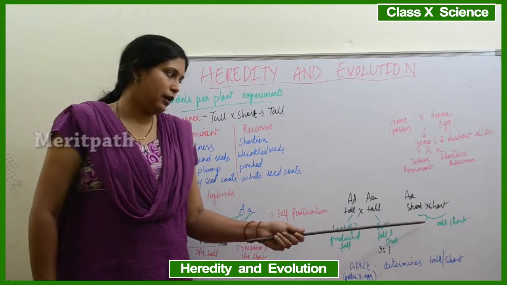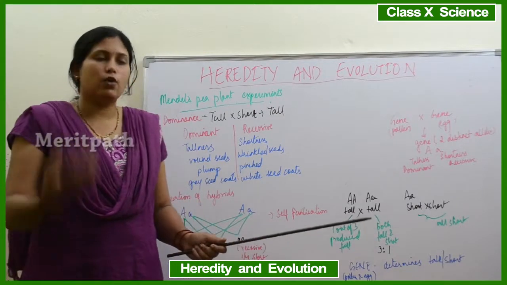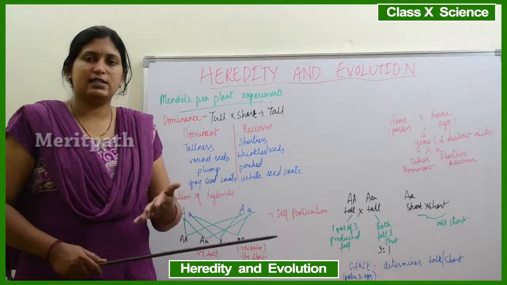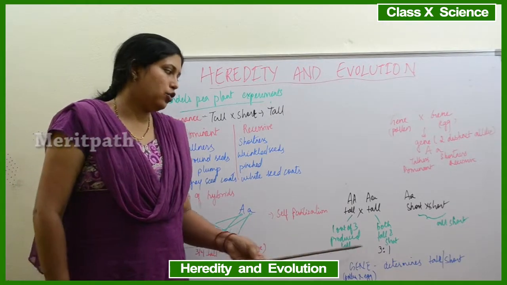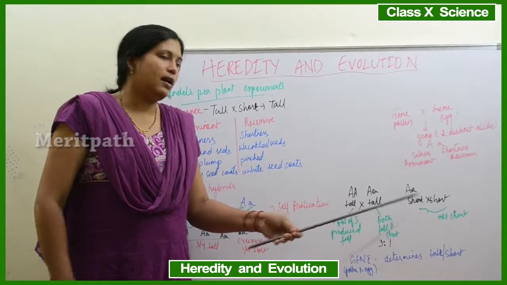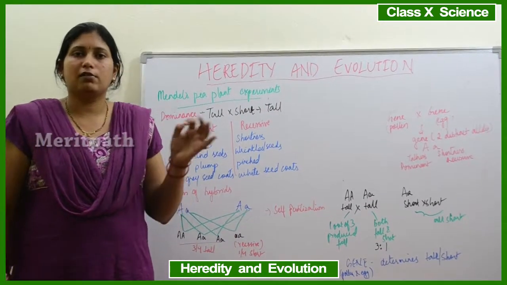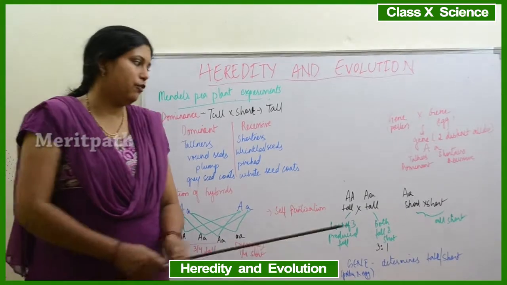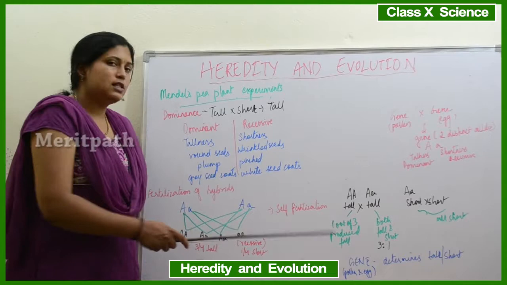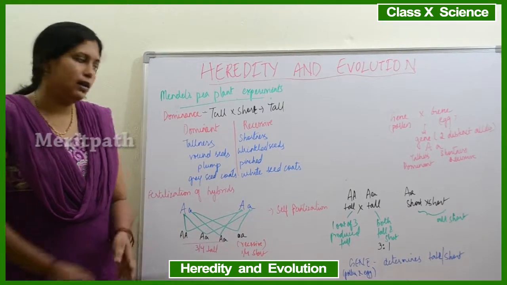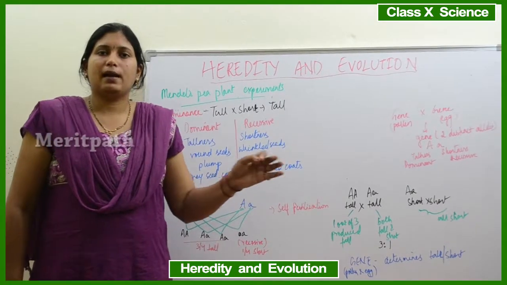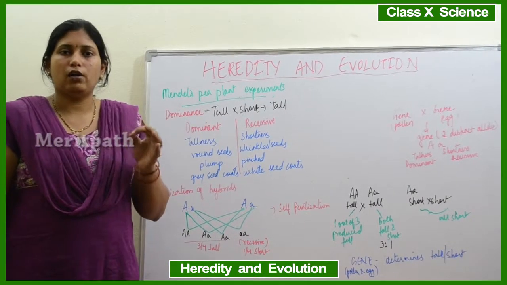And when he continued this, the short ones bred only the short. So the tall ones, when further self-fertilized, gave both tall and short in the ratio of 3:1. But when the short variety was self-fertilized, the short ones produced only the short variety of plant. So they bred all short, whereas the taller ones bred both short and tall in the ratio of 3:1. So there is something here which determines whether the plant should be tall or short.